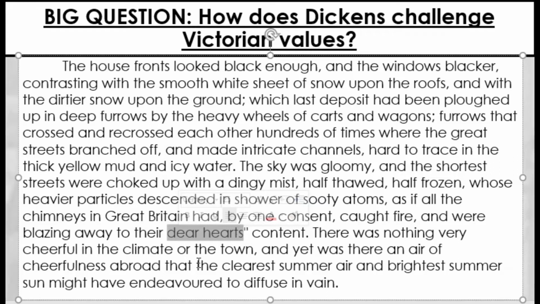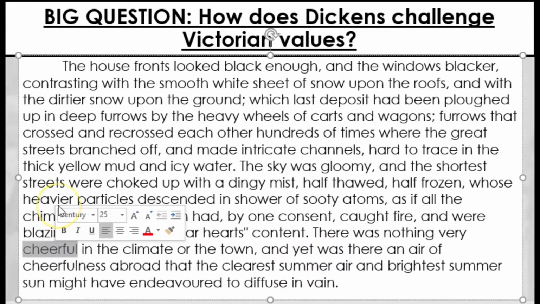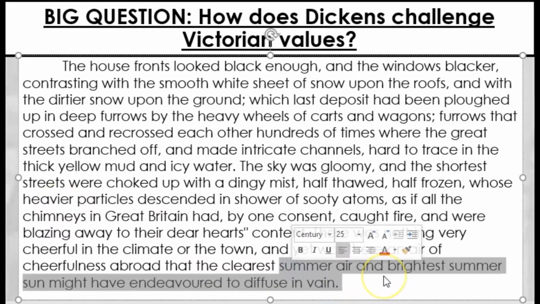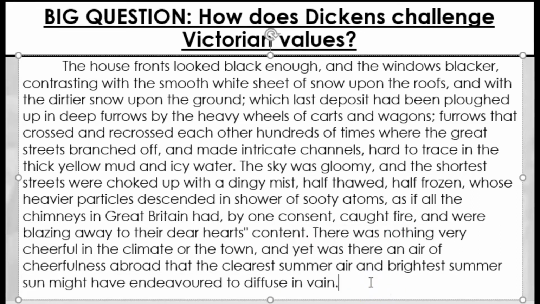So it's this idea that everyone out there in Christmas, although the weather's very cold, is having a lovely time and enjoying themselves, experiencing great cheerfulness. And in fact, despite the gloom and the dark and the cold weather, we're told that, even if it was a clear summer day, it couldn't bring the lightness and cheerfulness that people are already experiencing in Christmas. So again, Scrooge is being shown the possible joy he could be taken from Christmas time if he were to open his heart a little more.